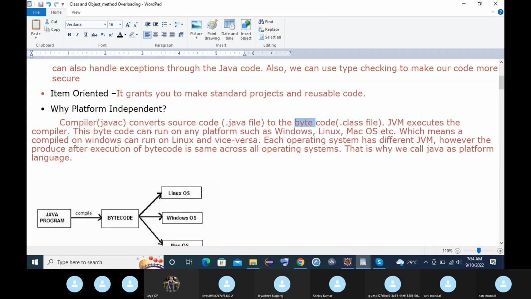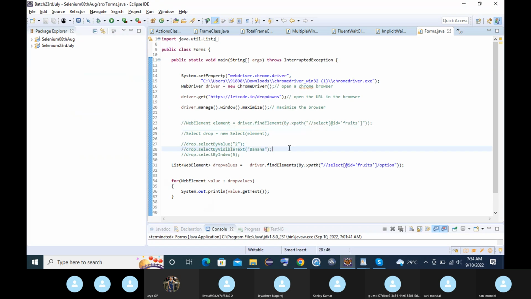Now this bytecode can run on any platform such as Windows, Linux, Mac OS. Now try to understand. I have written this source code in a Windows environment, on the Windows platform, right? Let's suppose I have written this one as a C program. When I copy this program and transfer it to my friend's laptop, which is Mac OS, the program I have written in C language,